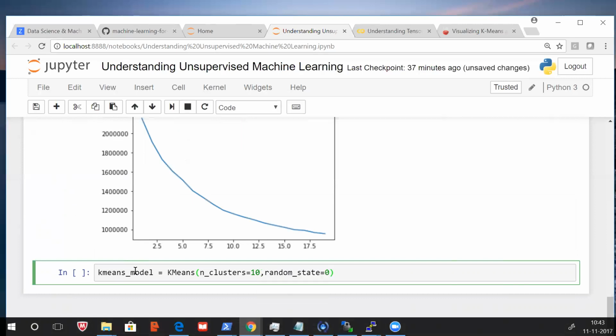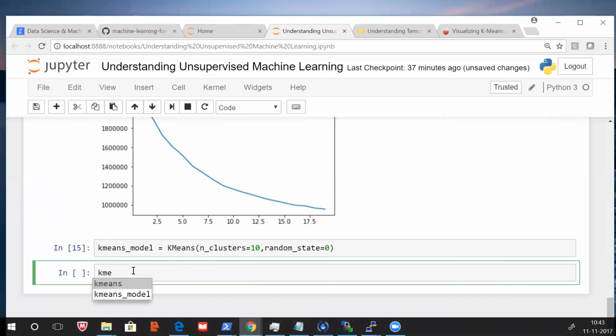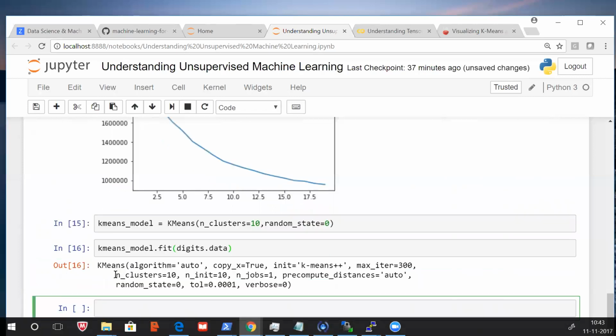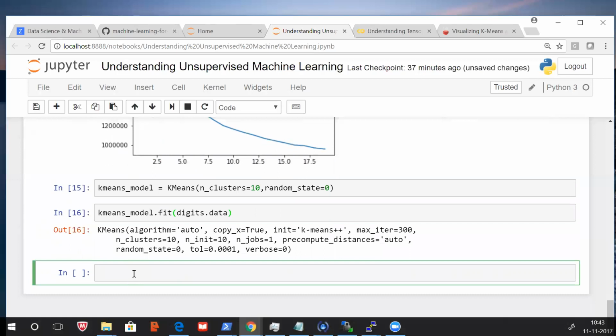This is training the model. After training the model, what do you do? You will predict which cluster is what.